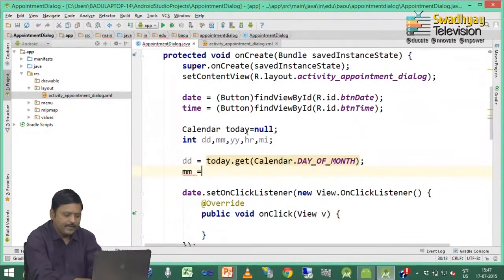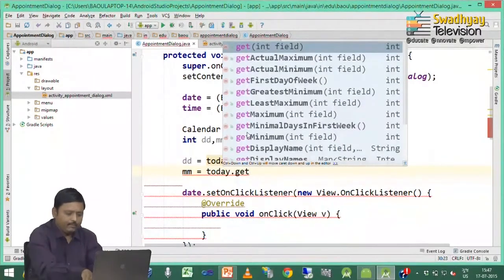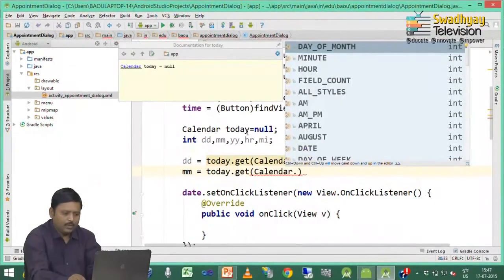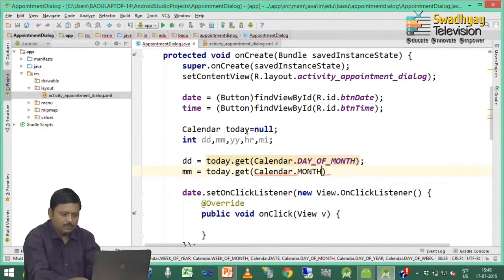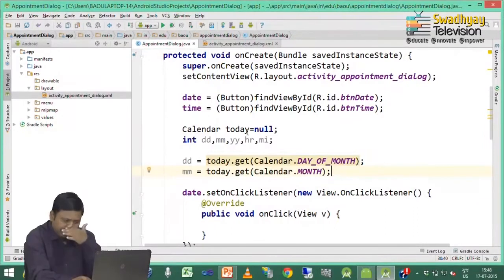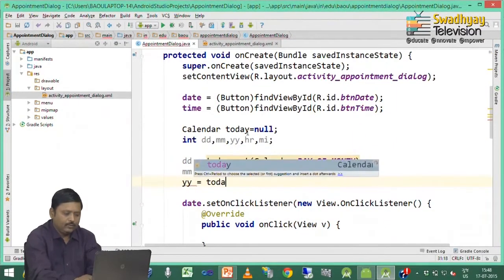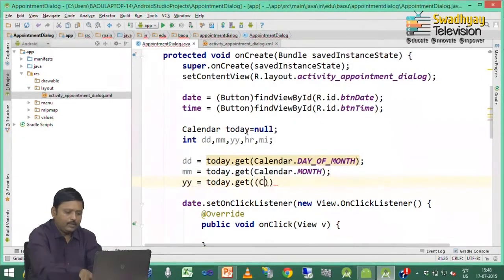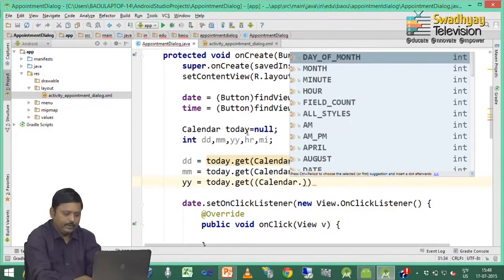And for month I write down today dot get, but this time we use the constant month. To get the year we write down today dot get, but our constant is year.